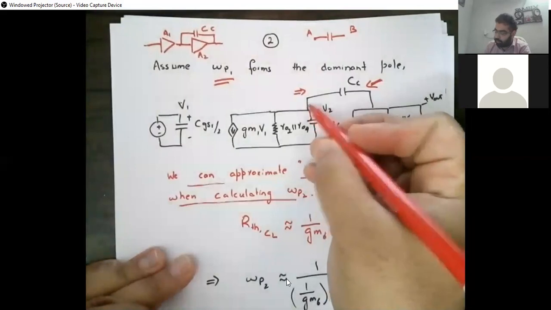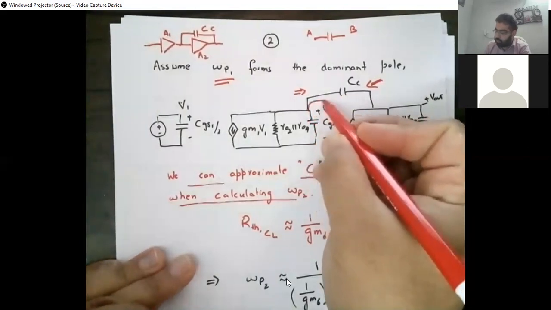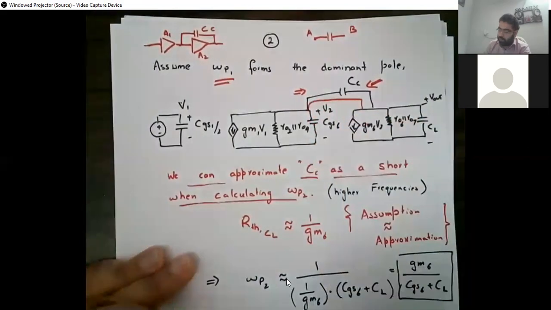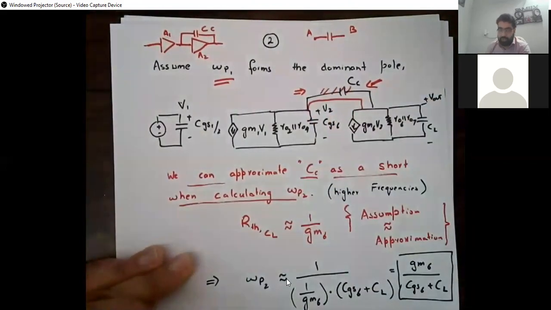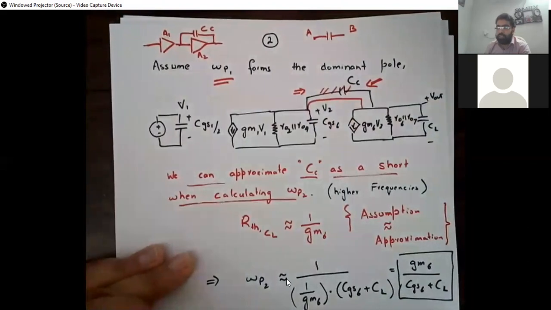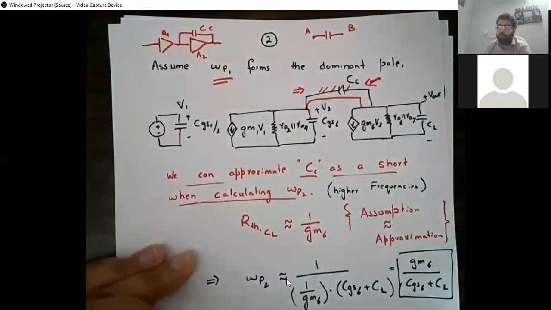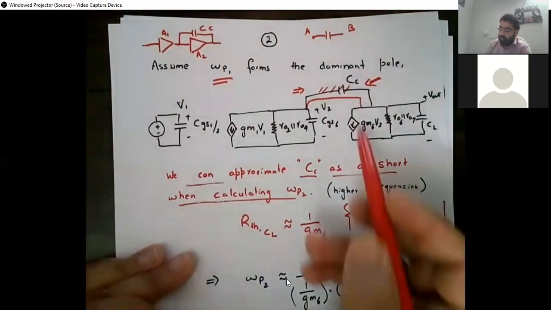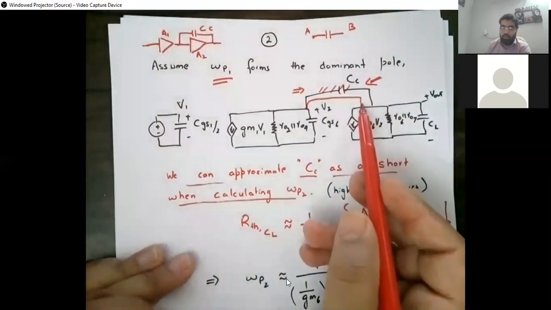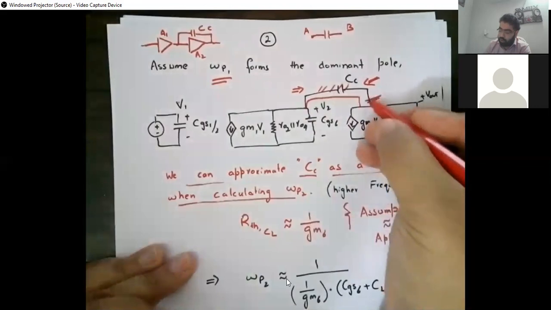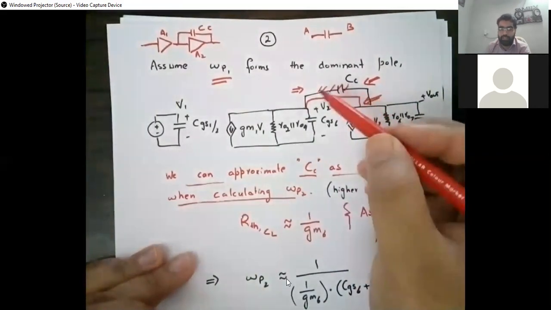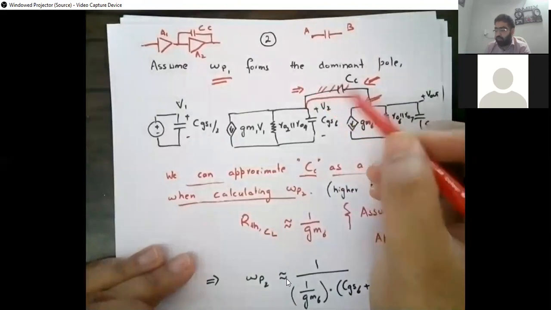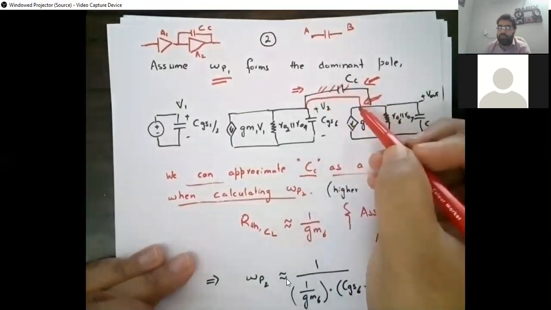just the connection between these 2 points. For example, don't assume there is anything here, just for omega P2 calculation. If we make this assumption for omega P2 calculation, what's going to be the impedance at this node now? If we short this node, assuming we are ignoring the CC for higher frequencies, what will be the impedance seen at this node?